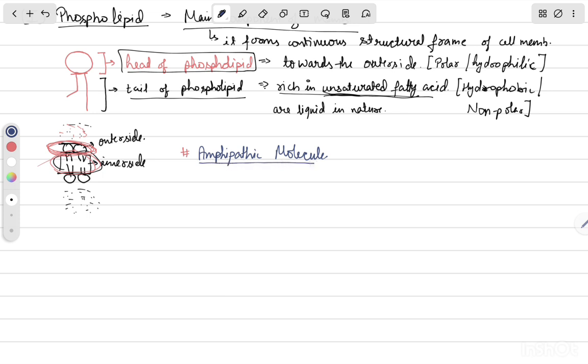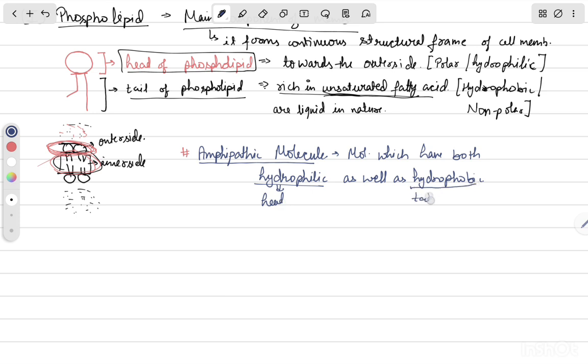Amphipathic molecule means molecules which have both hydrophilic as well as hydrophobic parts. So hydrophilic is the head, hydrophobic is the tail. So an example of amphipathic molecule is